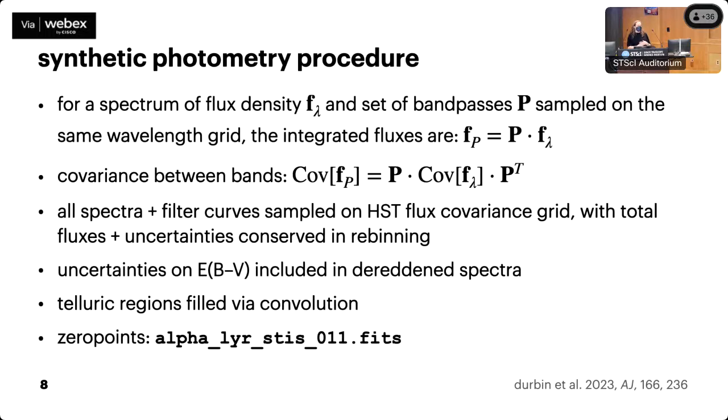And for the ground-based spectra, I filled in the wavelength regions that were dominated by tellurics by just convolving over them, which tends to work fine for most of the smooth spectra, but I wasn't entirely happy with it for the ones with sharp molecular features. But also, there's only so much that anyone could really do about that. And finally, I set zero points with the latest CalSpec Vega spectrum, and that was all the absolute calibration I really did.